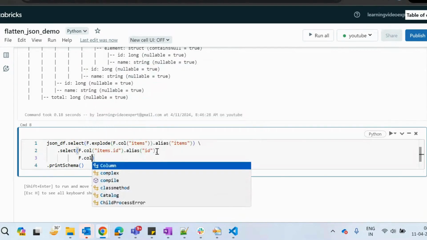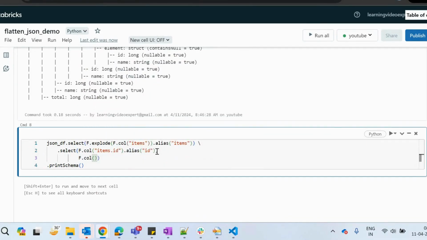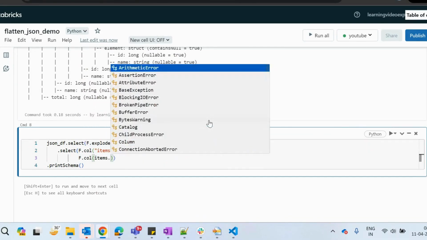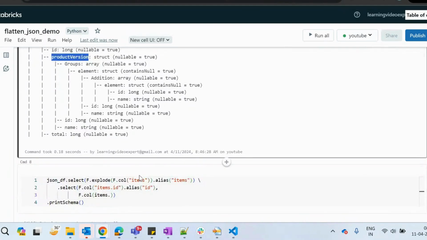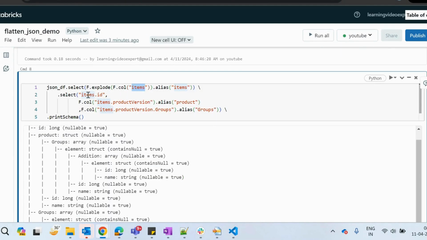Okay, so the product version is inside my items. So this is my items. Okay, inside this I will be selecting this product version. So let me select that first. So from the items, I have got my ID, and the product version that we have, I have aliased this as product version.